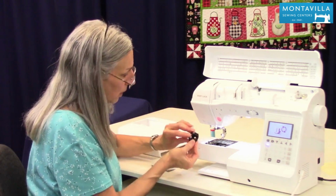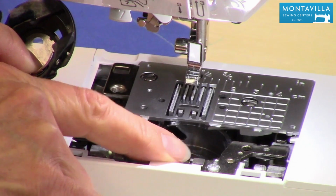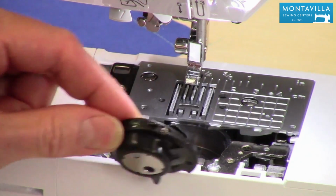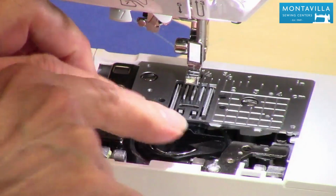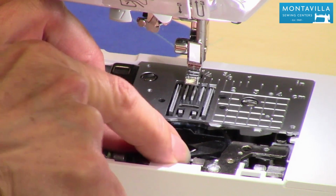Now, to put your bobbin case back in, this little knob needs to be right next to that stopper, to the left of that stopper. And that white mark will line up with that white mark. So scoop it underneath here. Make sure it sits nice and evenly on that metal rim. And see, those marks are right next to each other, and the knob is to the